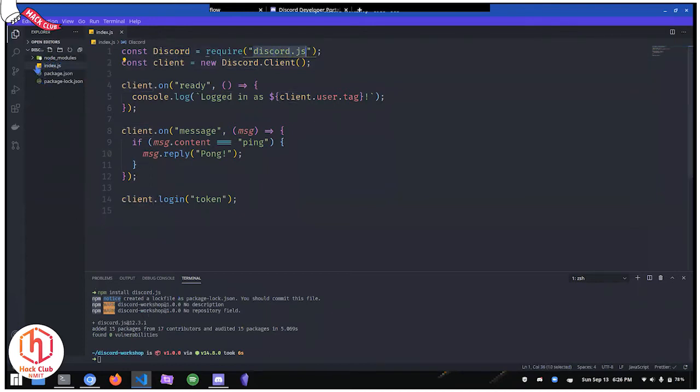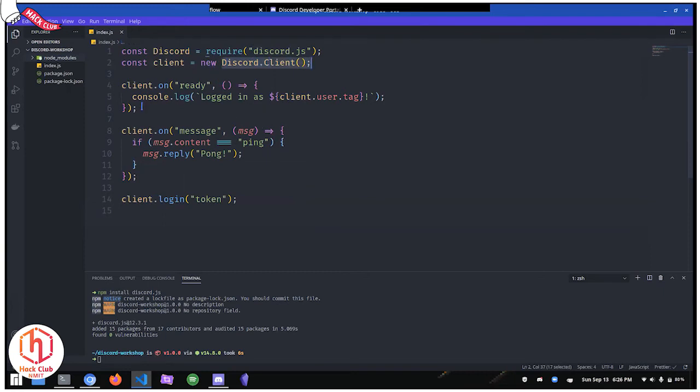So once you install, you will get this huge folder called node modules. It will have all the packages of whatever packages you install through npm inside it. So we have to require it. The syntax to actually use a package in JavaScript is require. You assign a variable to require whatever is there in that package. So this line is just requiring, and this line is creating a client. It's creating a new Discord client as it's given in the documentation.